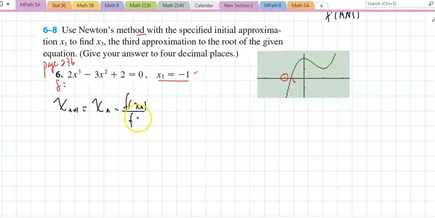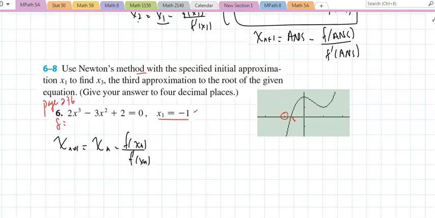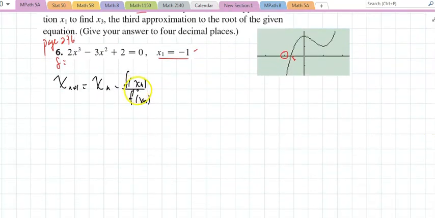Divided by f prime of x sub n. So, if I really look at this, this is very close to what we did back in the days with limits when I used my calculator. I'm going to show you how to use a calculator again. So, to find x sub n plus 1, that would be x sub n, minus f of x sub n, that is 2 times x sub n cubed, minus 3 times